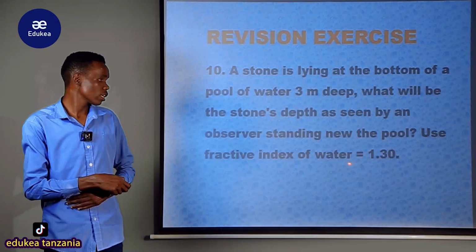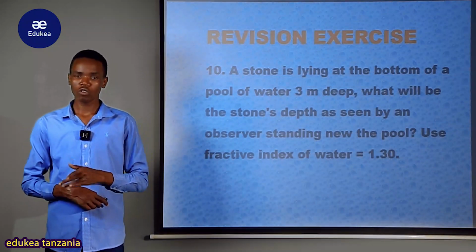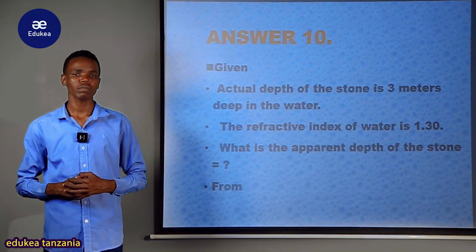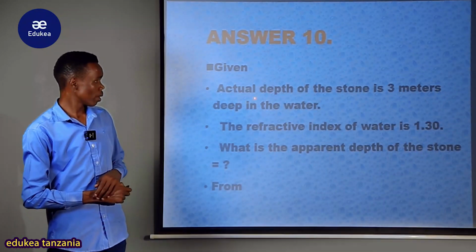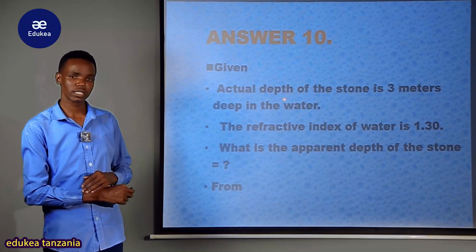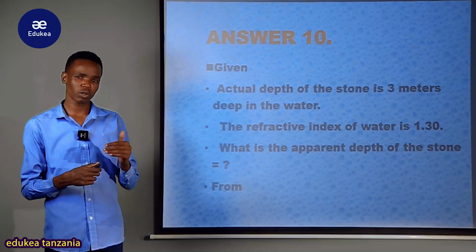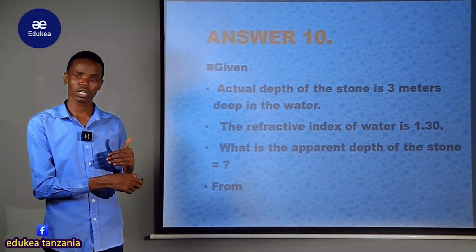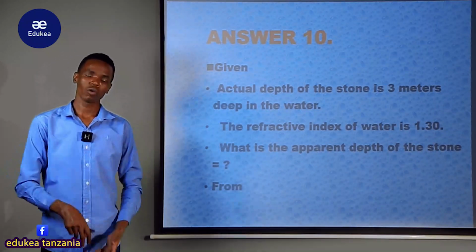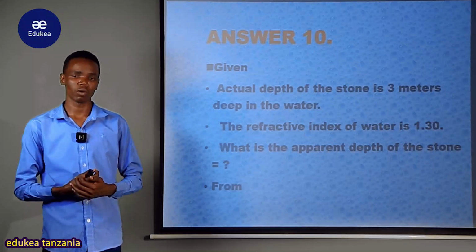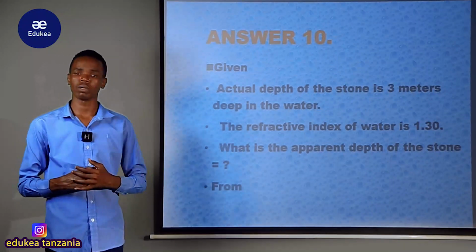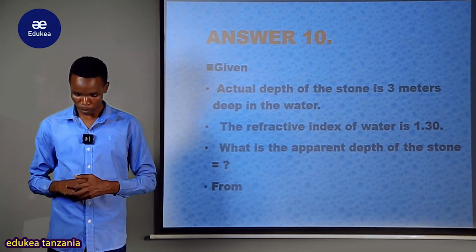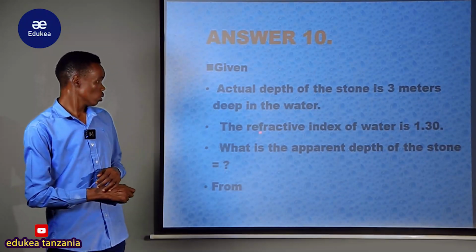Now, we have the refractive index of water. First of all, let us summarize our given values from our question. We have the actual depth, which at another time we call the real depth, which is equal to 3 meters. It means the depth where the stone was placed in the pool equals 3 meters. And also from our question we have the refractive index of water, which is equal to